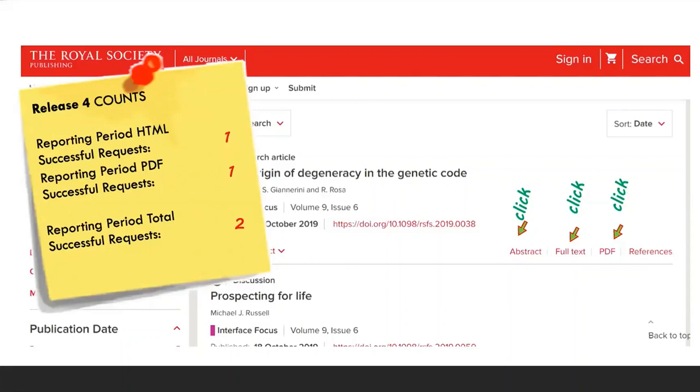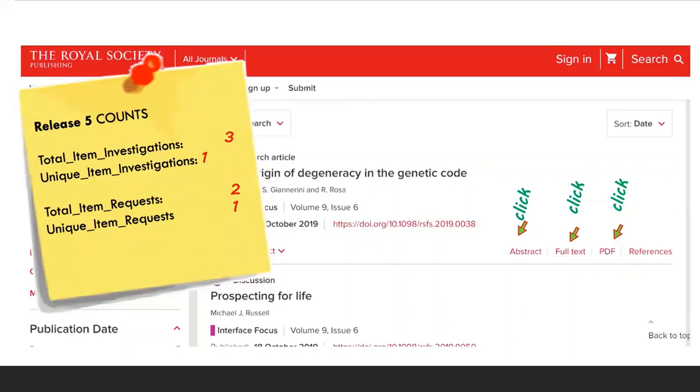But sometimes the abstract view and using the abstract is really important to a researcher to determine whether the content is really needed or not. So it seemed that we needed to account for the ability to capture that count as well. So in release 5, with the total item investigations, what that gives you now is when there's been a click on any of the content on that article or journal page, as well as what the unique item investigation would be.